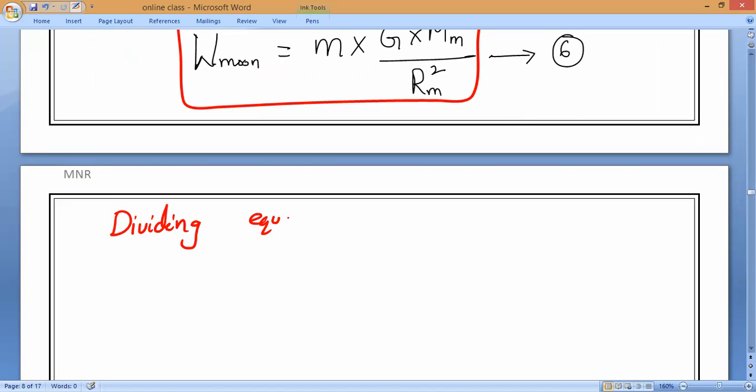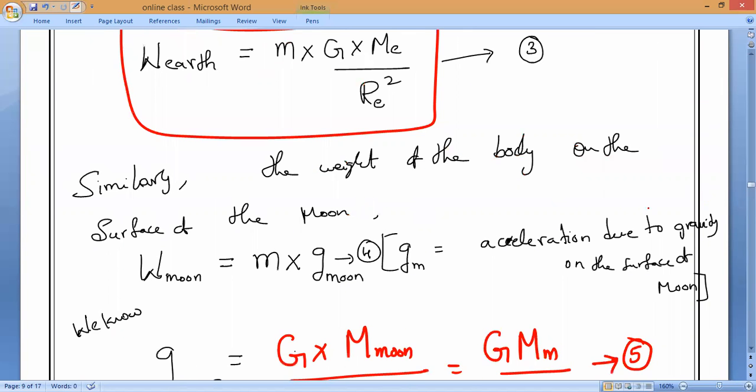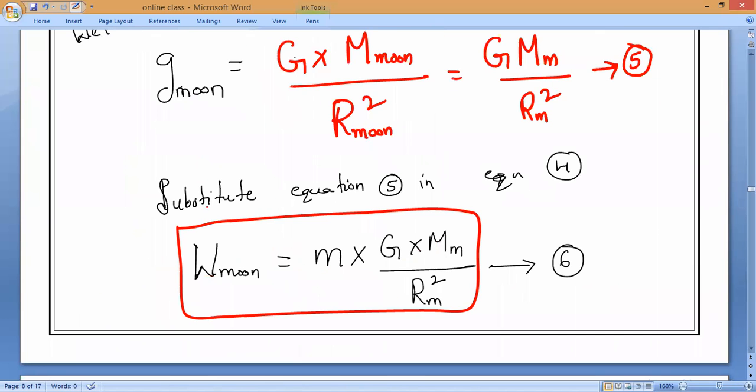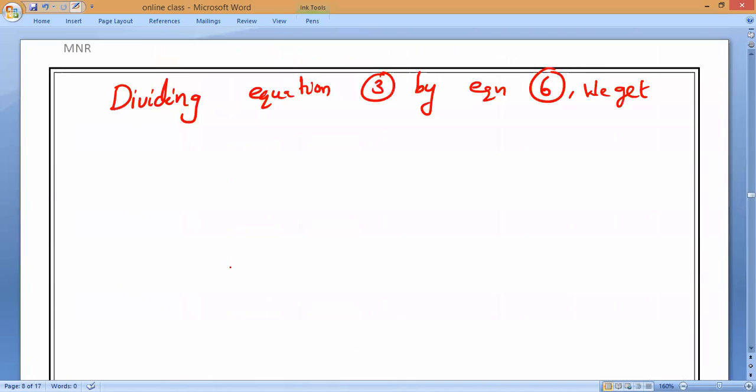Dividing equation 3 by equation 6, what will we get? Equation 3 is weight on earth and equation 6 is weight on moon. So I will get the formula: weight on earth divided by weight on moon is equal to